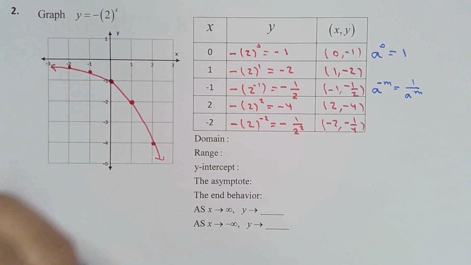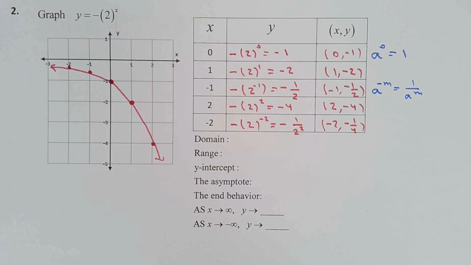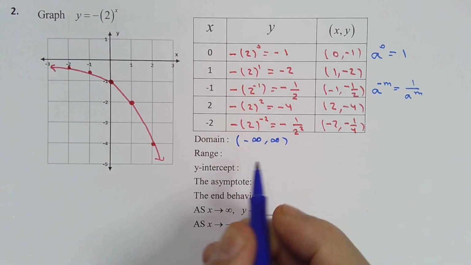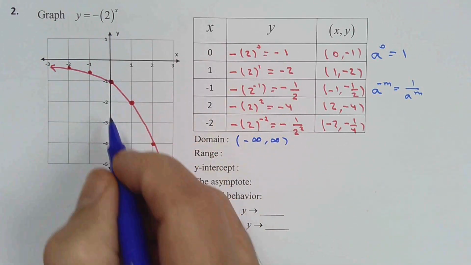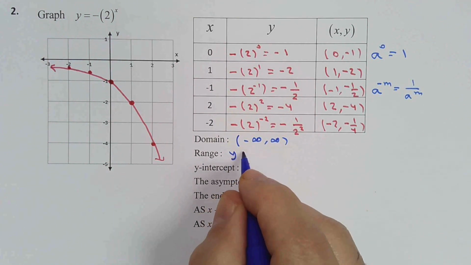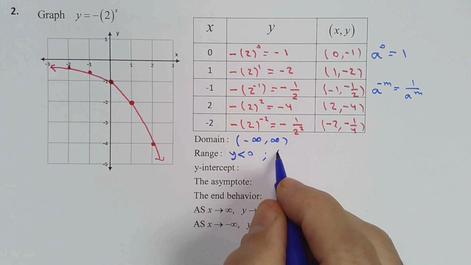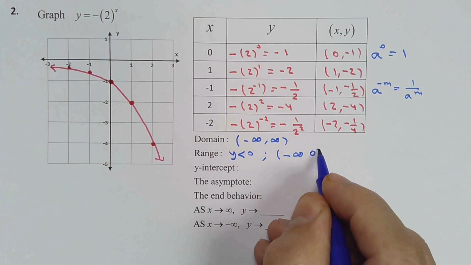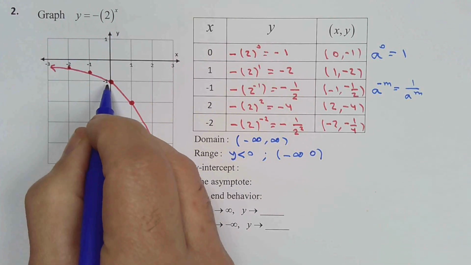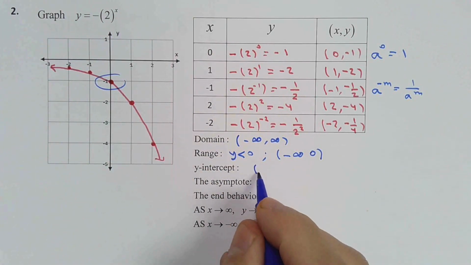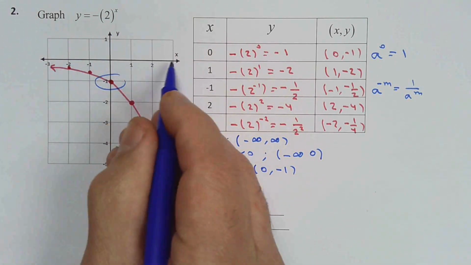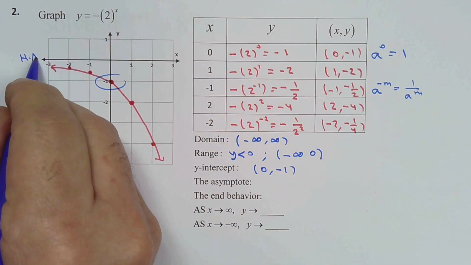And now we're ready to answer what we have to fill in right here. The domain is still all real numbers. The range, everything is below the x-axis, so we say y less than 0, or differently, all the way from negative infinity down to 0, not including 0. The y-intercept is right here. That is (0, -1). The asymptote, we have a horizontal asymptote as the x-axis,